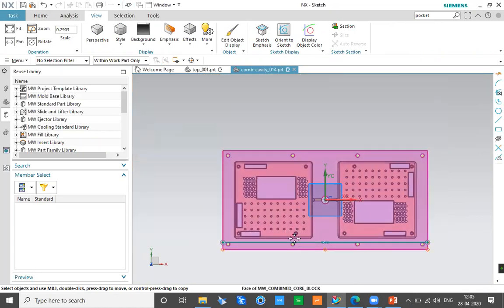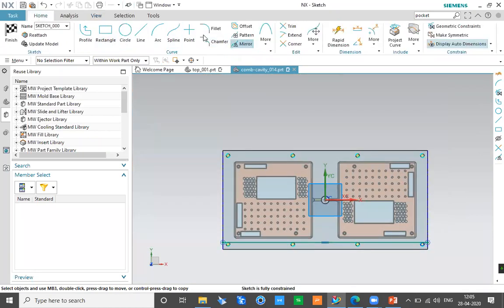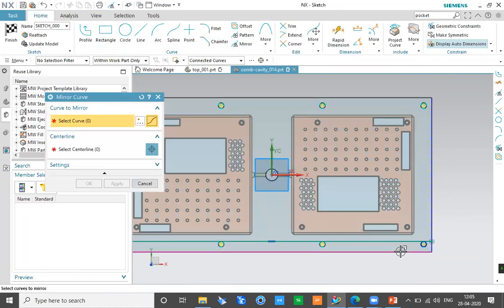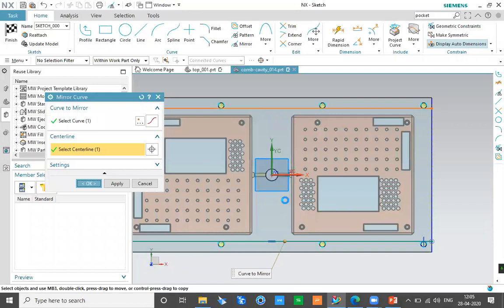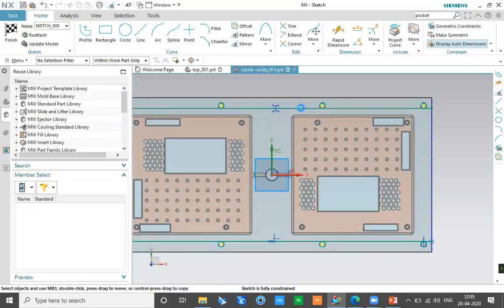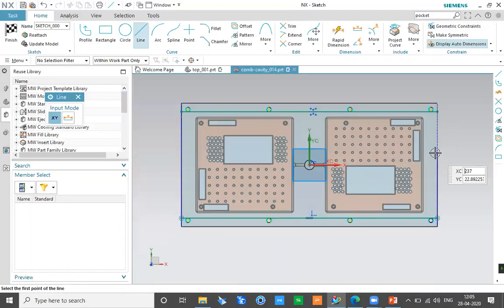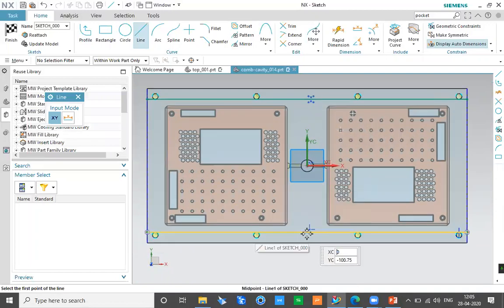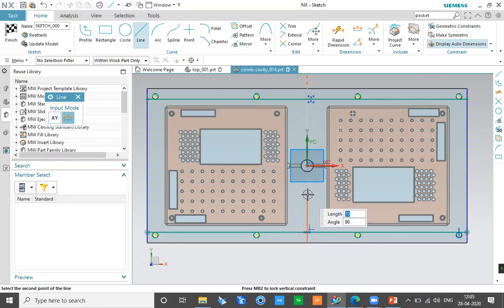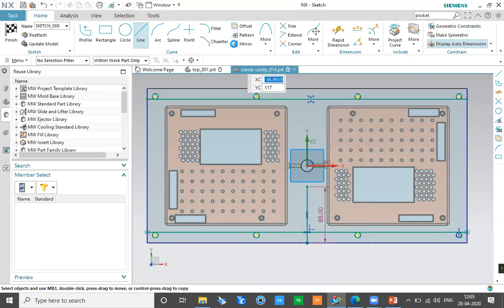Okay, and I want a similar cooling line on the other side, so I can simply use the mirror tool to take it to the other side. What you're looking at is the latest version of NX, so all this information is inside the latest version itself. I want my cooling line to look like this, and I want some sort of cooling to be created from this side as well. I want a baffle to be created from this side so that it cools the center over here on this location as well. And if I want to mirror it again, I can just simply mirror it.